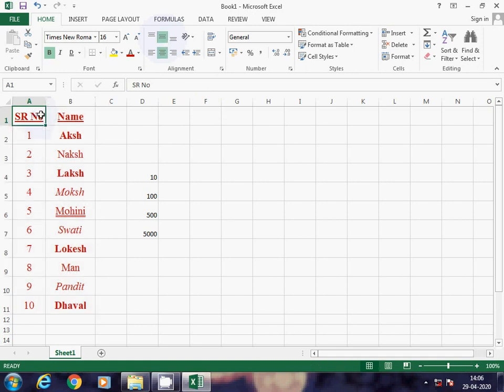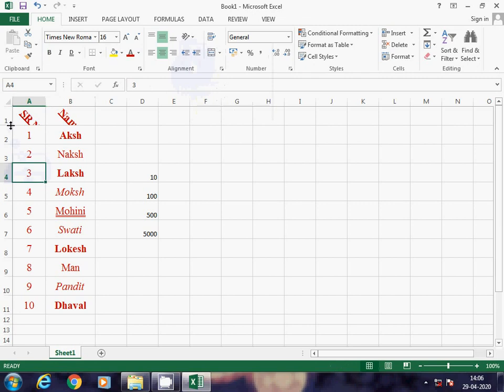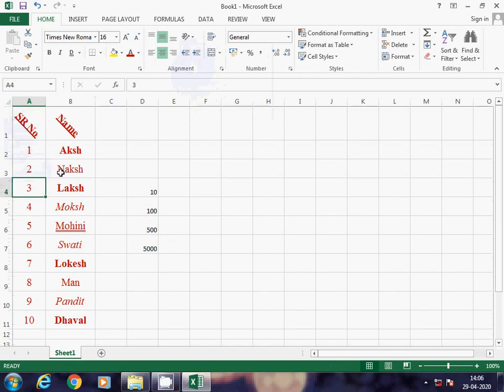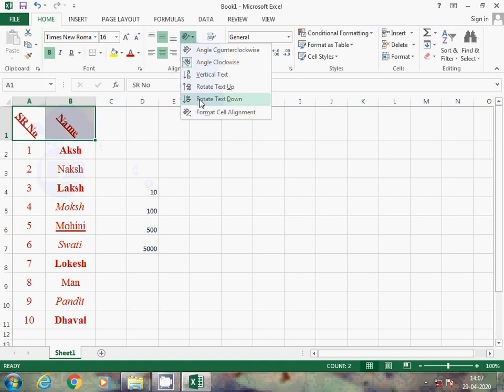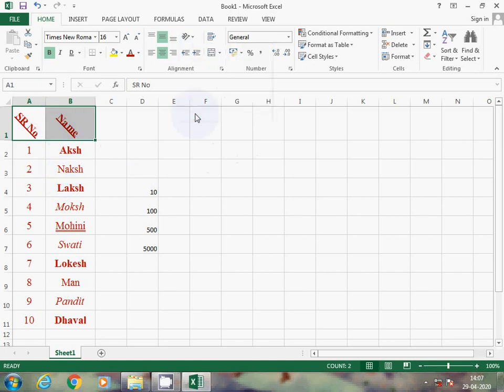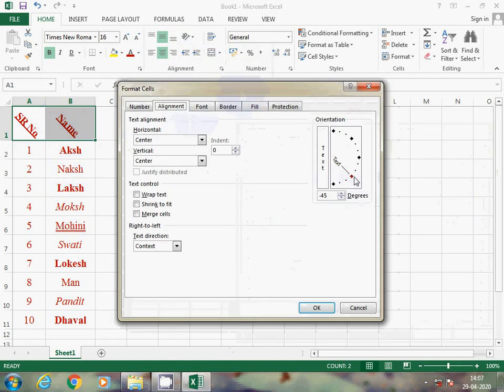This option is called orientation. Orientation means you can simply represent data in vertical form or diagonal form. So from here we can select any one of these. Then you have to change row height once again, like this. If you want to apply this, then you can apply from this option also.